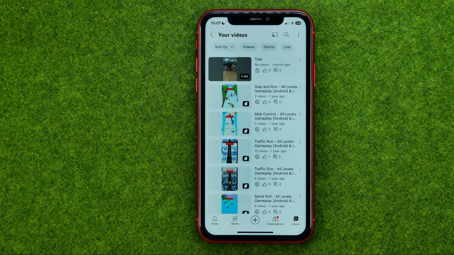In this video, I'm going to show you how you can easily remove YouTube Shorts on your iPhone or Android